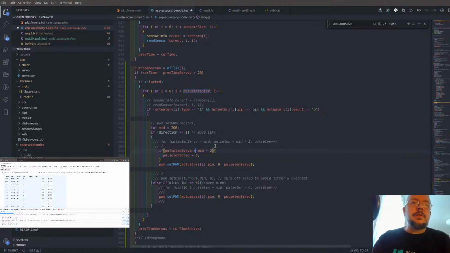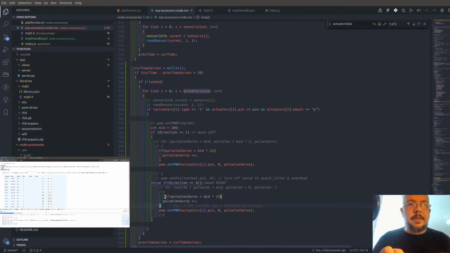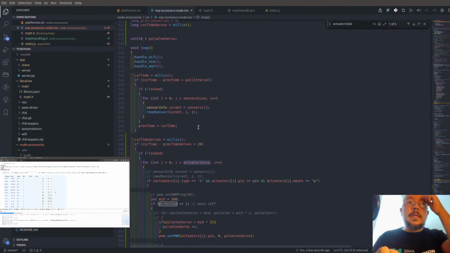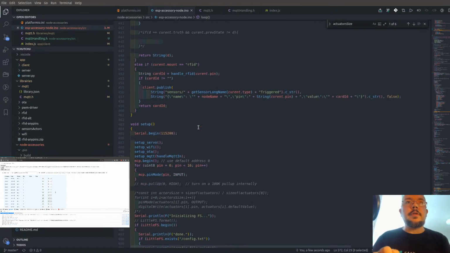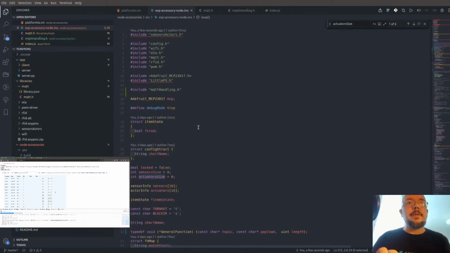No, let's do it the other way around. So we're gonna increase it. So let's just increase this one. And in this case, if it's above 0, we are gonna, you guessed it, decrease it. So the direction thing is something that we are gonna set in a really dirty manner,